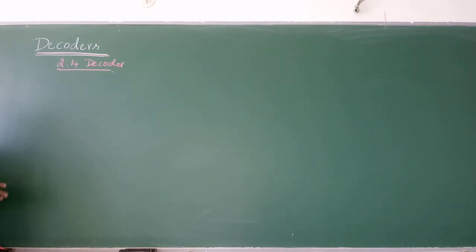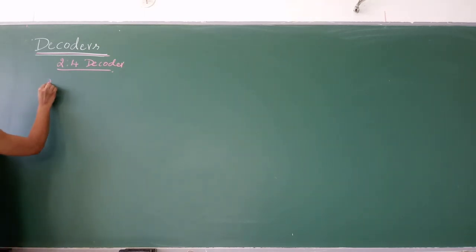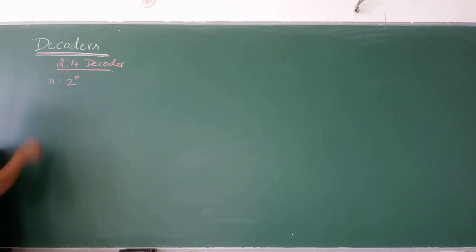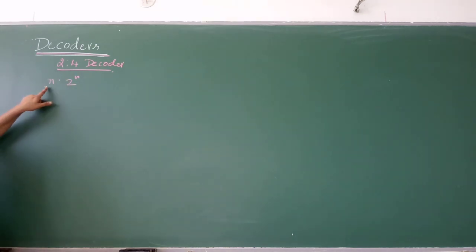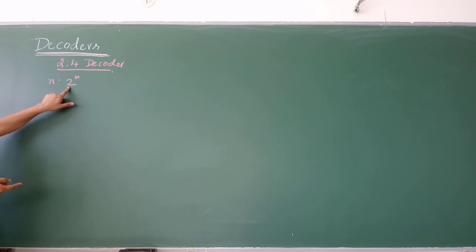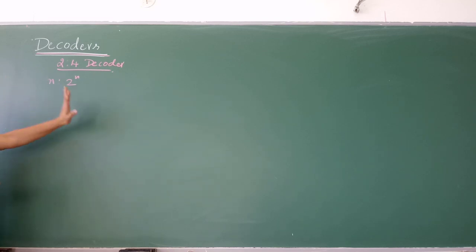So today, with those general basics, what is the general concept of decoder? It takes n inputs and it produces 2 power n outputs. A decoder takes n inputs and gives 2 power n outputs, right? So if n is 2, 4 outputs. If n is 3, 8 outputs, a 3:8 decoder. If n is 4, 16 outputs, a 4:16 decoder.